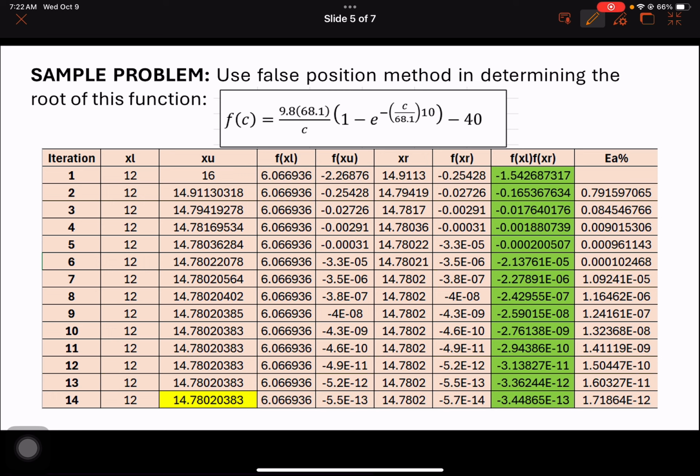Okay, so I have here a sample problem. Use the false position method in determining the root of the function, which is the same function that we used in the previous discussion. Okay, so ito na yung result